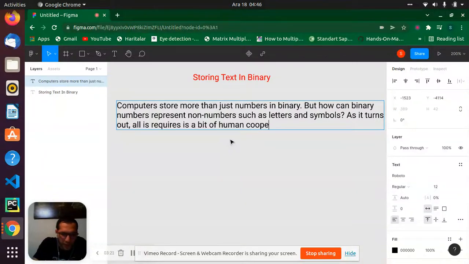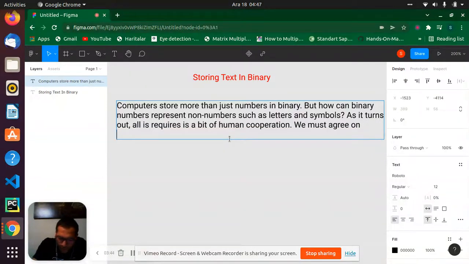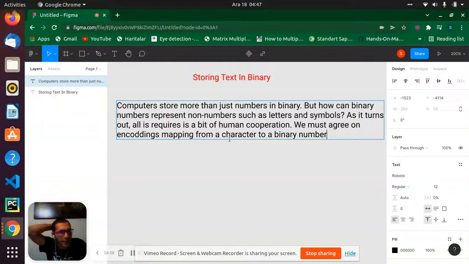We must agree on encodings, a mapping from a character to a binary number. That's good.